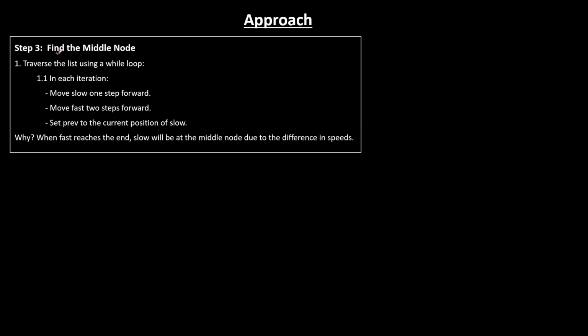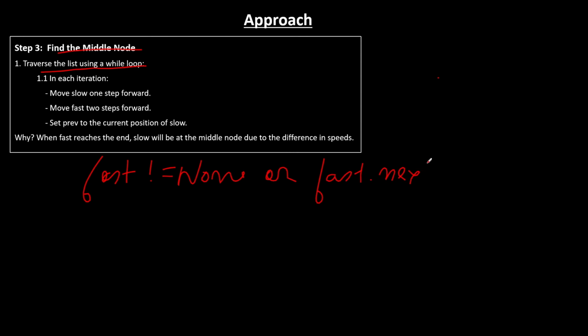And third step, we try to find the middle node. We traverse the list using a while loop. The while loop goes till the fast pointer is not None, or fast.next is not None. Till that time, we iterate the linked list such that slow goes to slow.next